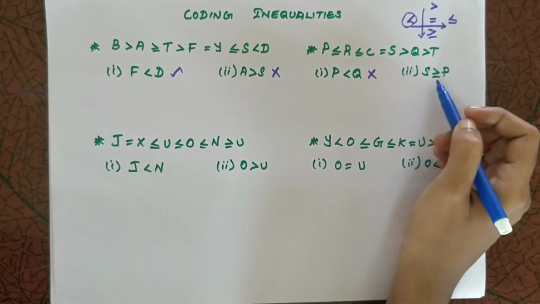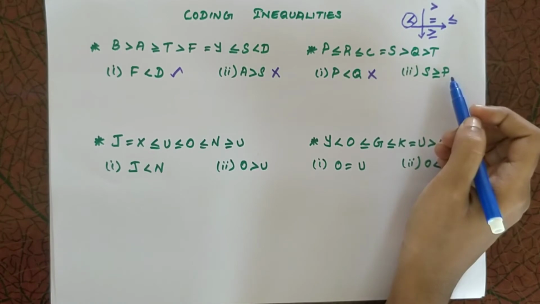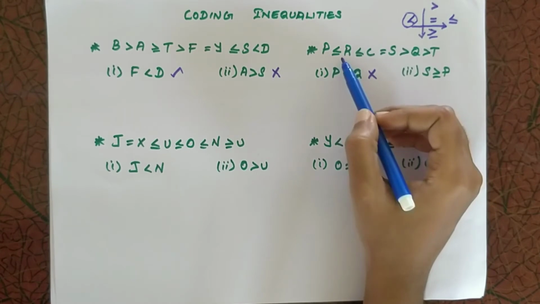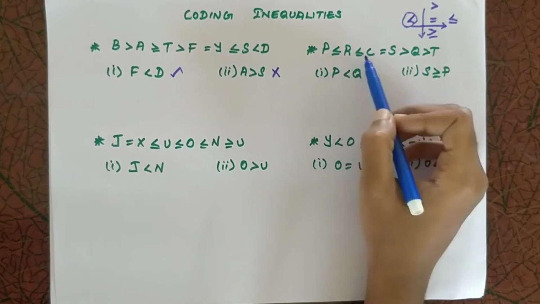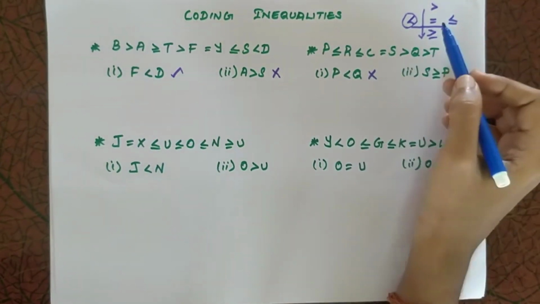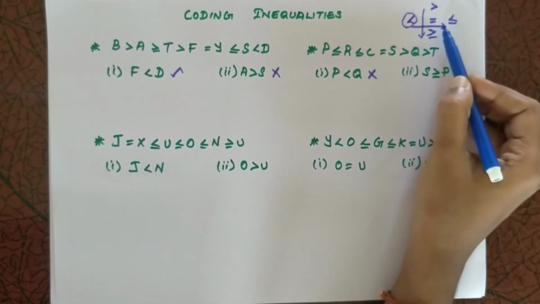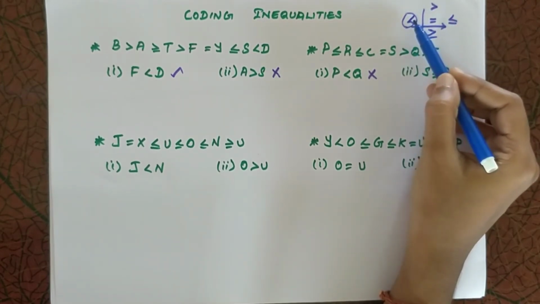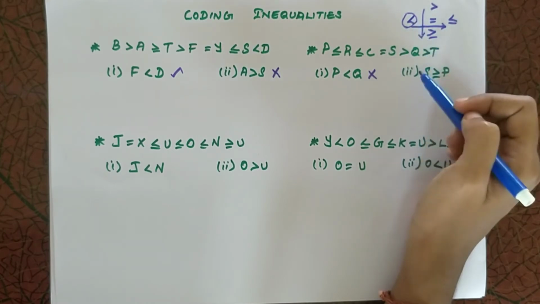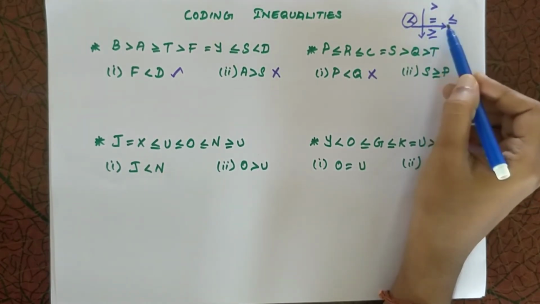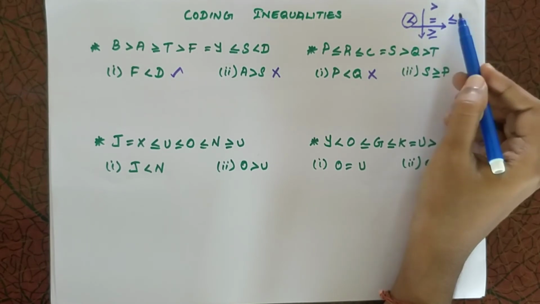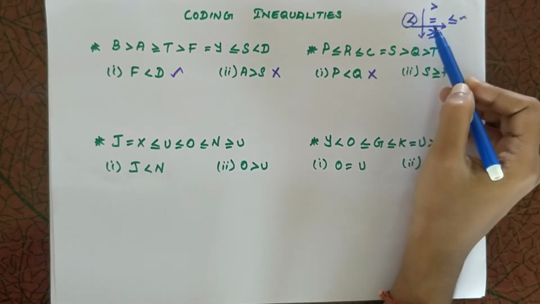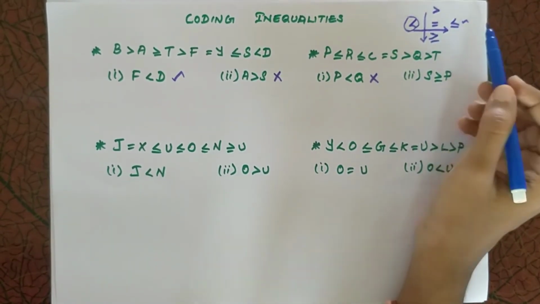And let's see conclusion 2. It is S greater than or equal to P. So we have to check the symbols in between S and P. There are 2 symbols, less than or equal to and equal to. So this comes on the same line, less than or equal to and equal to, but we don't have less than here, so we should not consider less than in this conclusion. So we have to consider only these 2, and within these 2 we have to consider the greater symbol, like less than or equal to. So the conclusion should have the less than or equal to option.